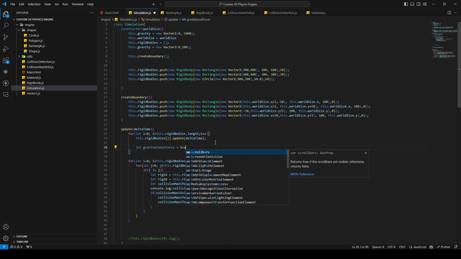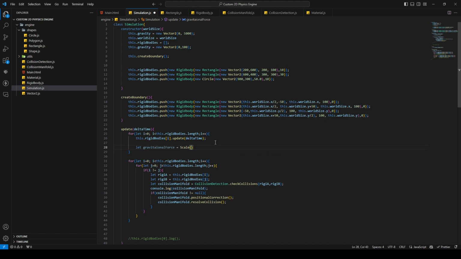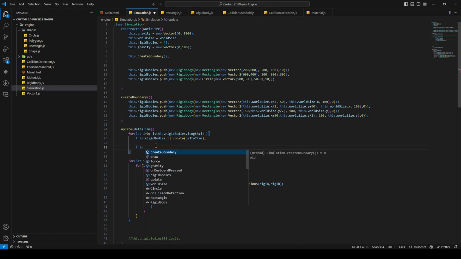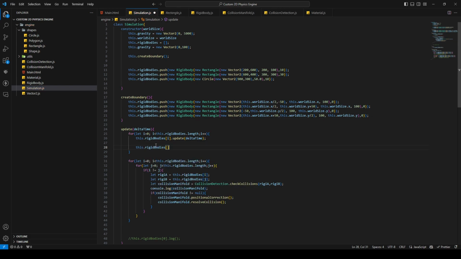No, I want to have a scale. Is equal to this dot. Actually, I can just add it to the rigid bodies. So this dot rigid bodies y dot add force,